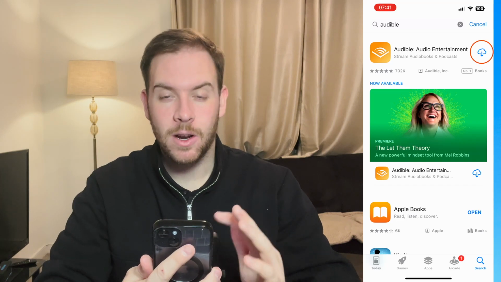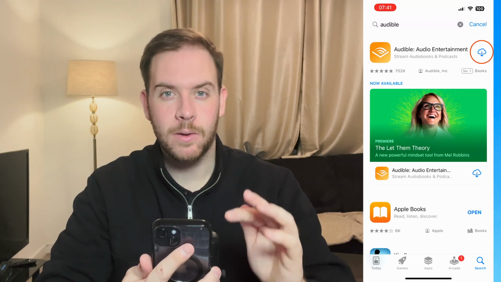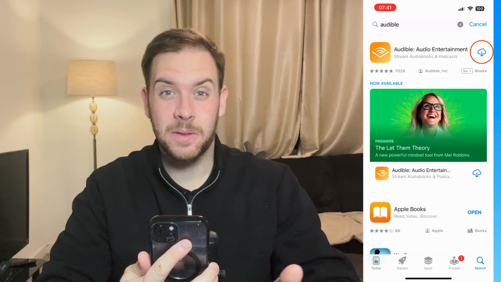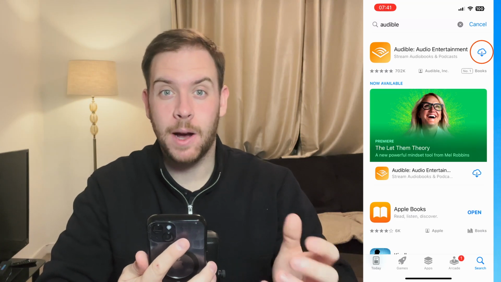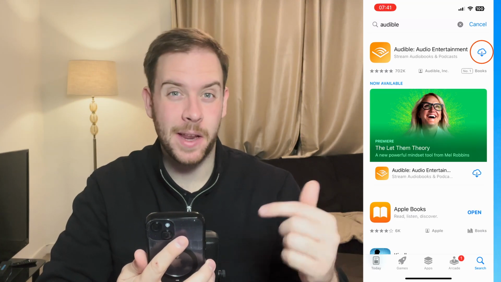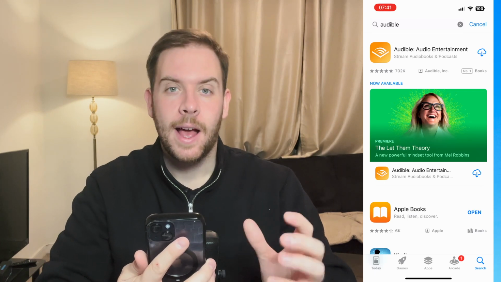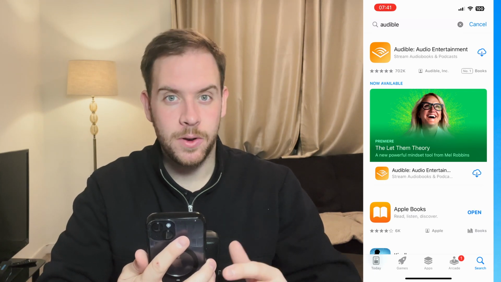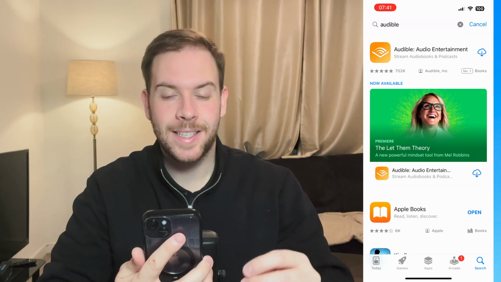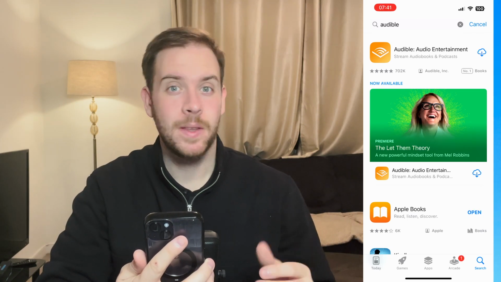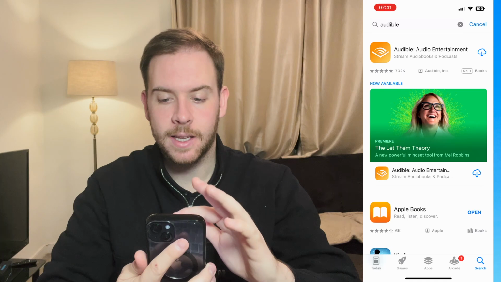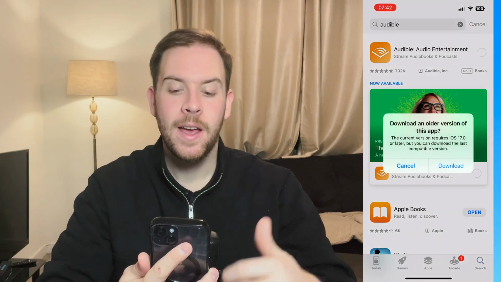On the right-hand side of the listing, there's a cloud icon with a downwards pointing arrow. Basically, this just means that we've downloaded Audible on our App Store account in the past. Maybe not necessarily this iPhone, maybe a MacBook or an iPod or something like that. However, if you've never downloaded Audible on your account, then you will have a button that says Get. Either way, press Get or press the cloud icon with the downwards pointing arrow, and that's going to start